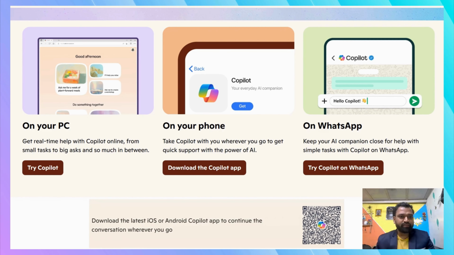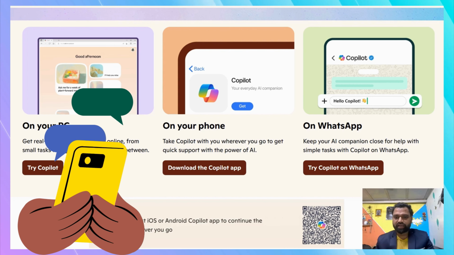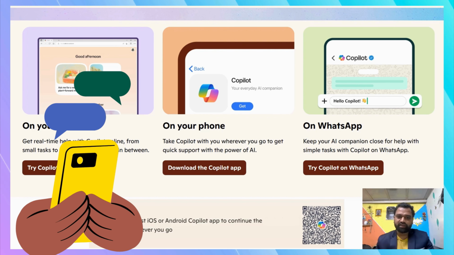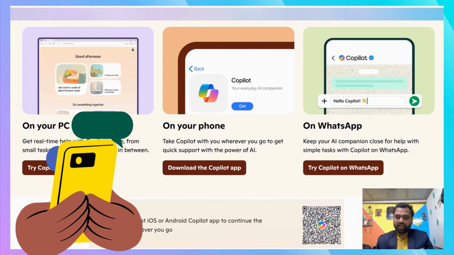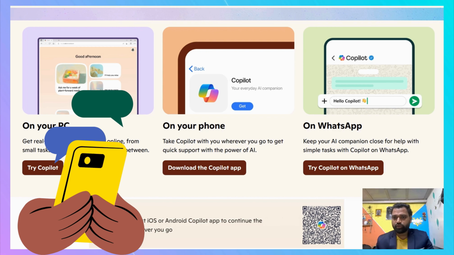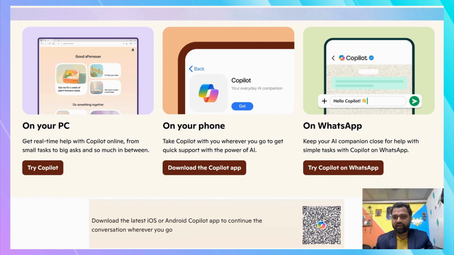So on a real-time basis, you can just download this Copilot on your desktop. Take Copilot with you wherever you go, for quick support with the help of this AI, and you can definitely download that. If in case you need the links, we will add them in our description, or you can directly just DM us and we'll help you out on WhatsApp as well. You can directly add hello Copilot, just say hello Copilot and you will get information like this, or you can directly scan over here